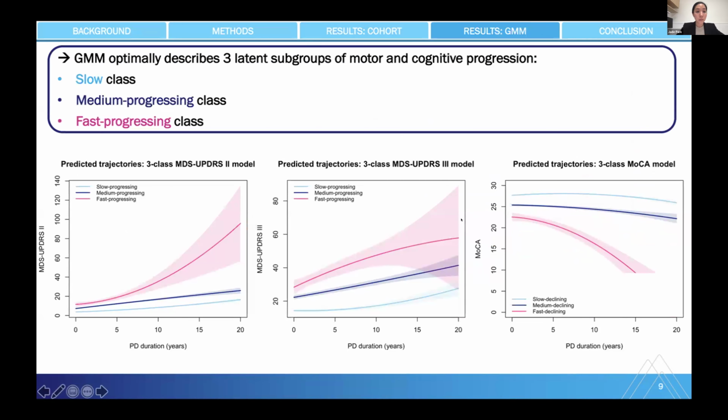In our cohort overall, we looked at the group prognostically without going into genetics or sex differences. We do that later, and I'll show that, but this is just looking at the group as a whole. Our model fit indices supported a 3-class solution of slow, medium, and fast progressing classes based on the criteria that I just shared with you. When we went higher than 3 classes, the BIC got compromised and the groups became small and unstable. So that's what led to the 3-class solution.